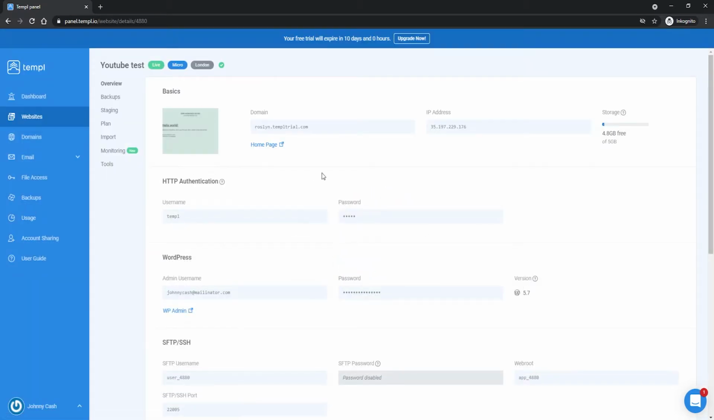Once you click on continue, you will open a temple.io control panel. So this is just the control panel for temple.io, where you can manage all of your different websites, your domains, your email, file access, and so on. But what's going to be important from here is that we want to make sure that we go into our WordPress admin. So what we can do is just go ahead and click on the WordPress admin link down here,